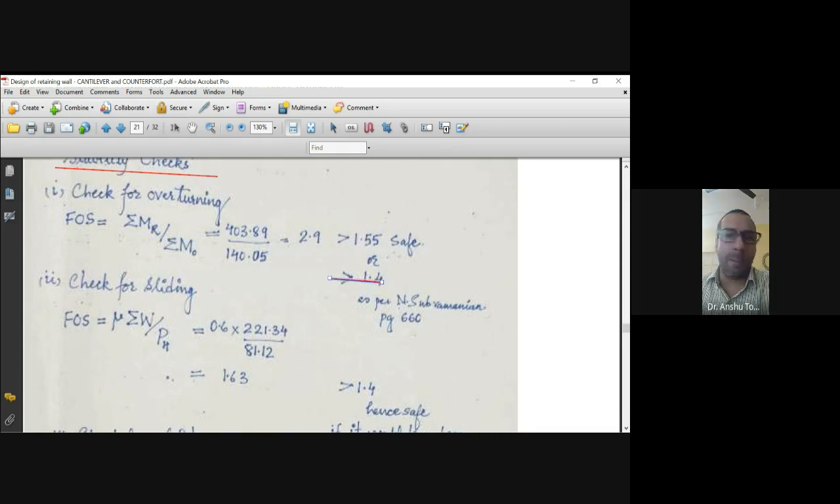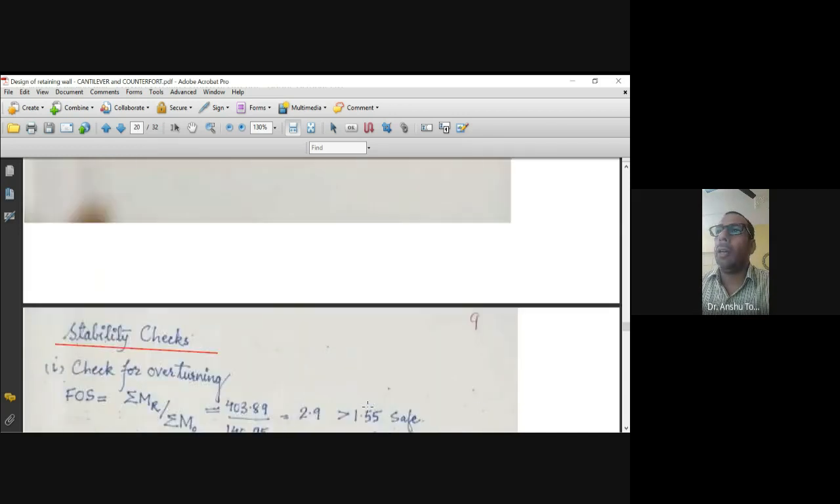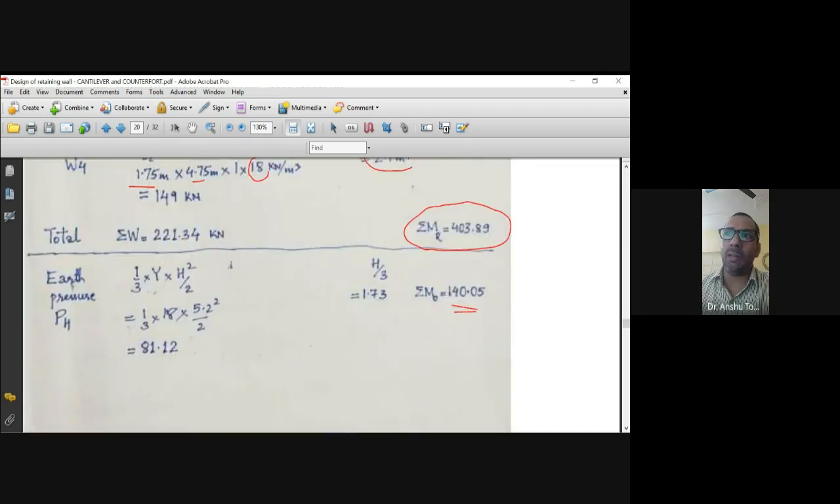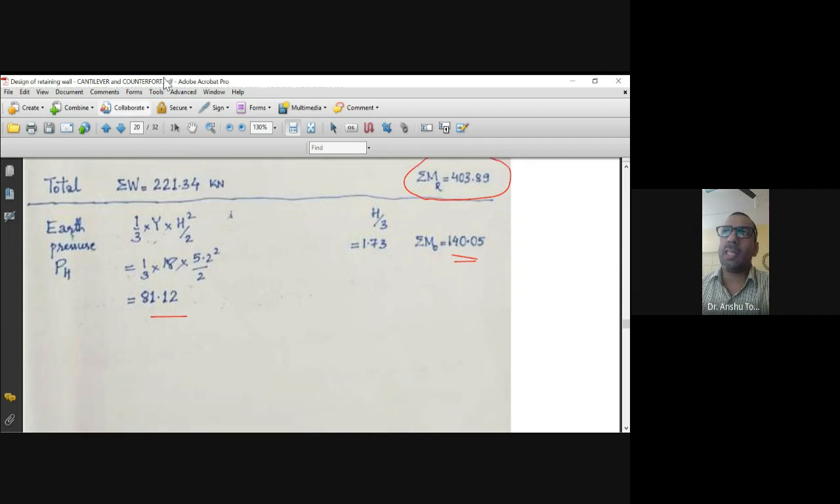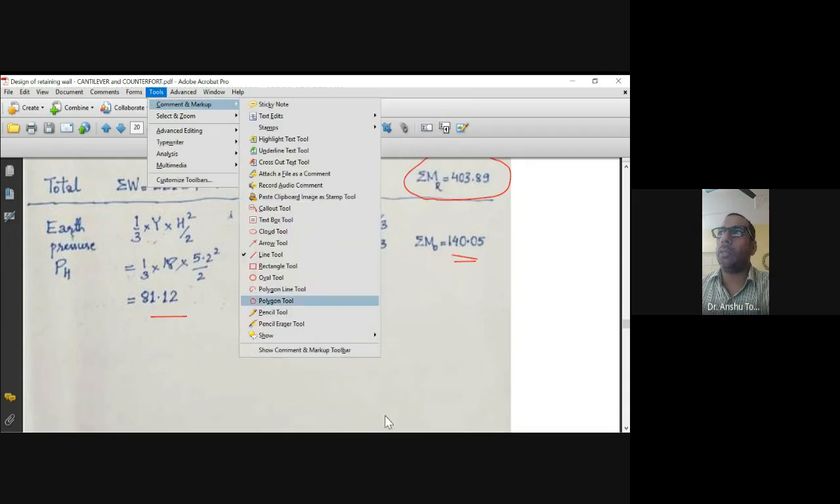Summation W is available with us in the table, and the coefficient of friction mu is given to us in the question, 0.6 usually. If it is not given in the question, then you can take it as an assumption as 0.6. And PH is also available with us, the factored pressure which we have just calculated. This is 81.12. So this will be transferred